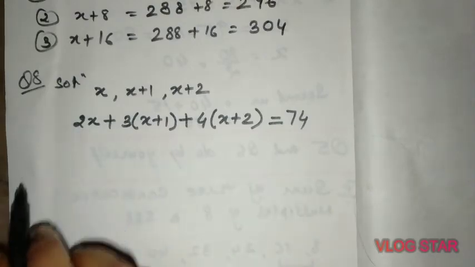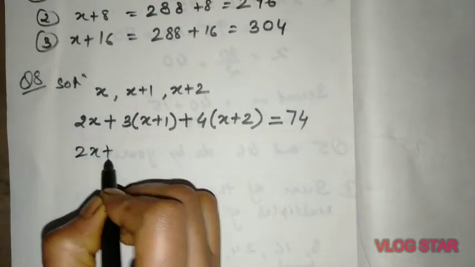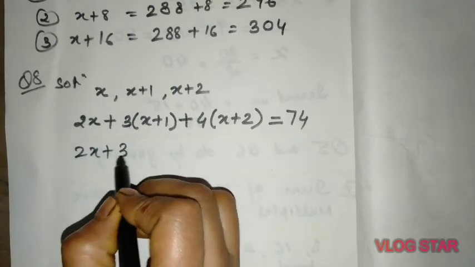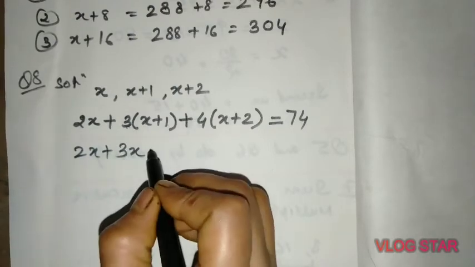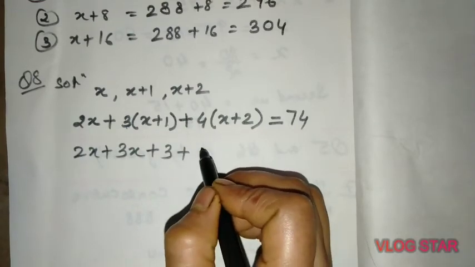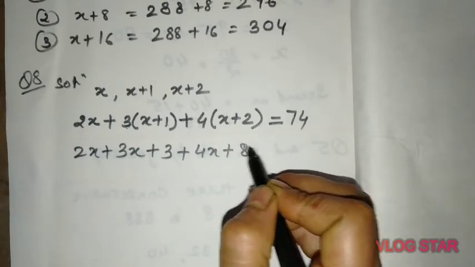You have to find the numbers. Just solve this: 2x plus 3 is multiplied to both, 3 into x, 3x, and 3 into 1, 3, plus 4 into x, 4x, plus 4 into 2, 8,